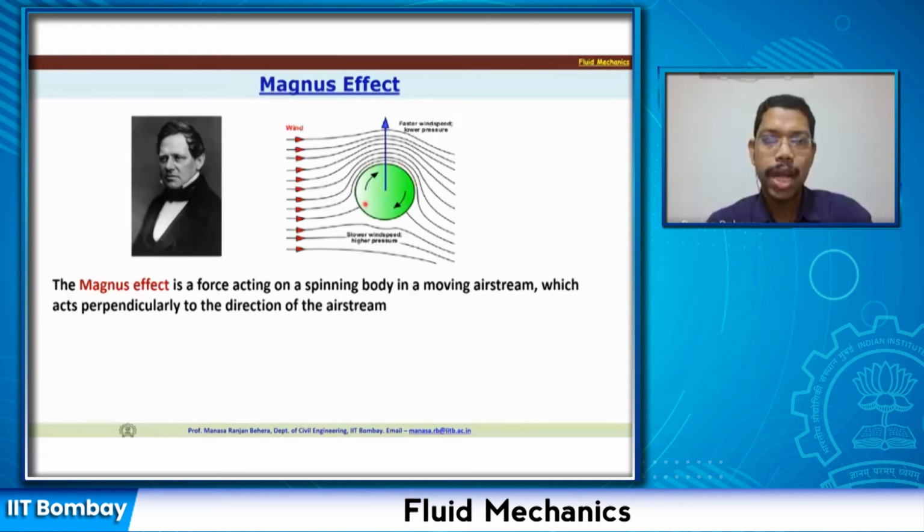Now because of that, what happens, this uniform free stream velocity is going to be higher on this side, because this velocity Vr, radial velocity at this point, is going to add on to the free stream velocity, so there will be a higher velocity, and in addition there is some displacement which happens, and because of that there is also increase in velocity. Now on the bottom side, this same spinning motion creates a velocity which is opposing the free stream velocity. So the net velocity at this surface on the bottom side is going to be lower.